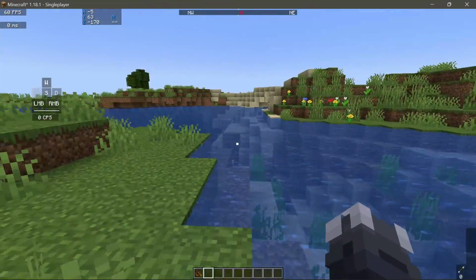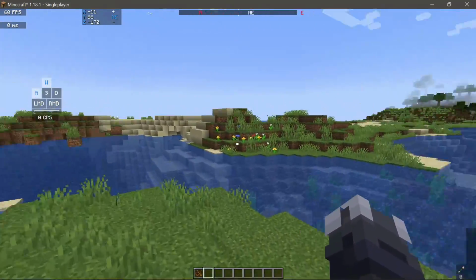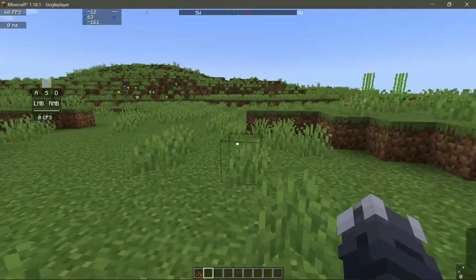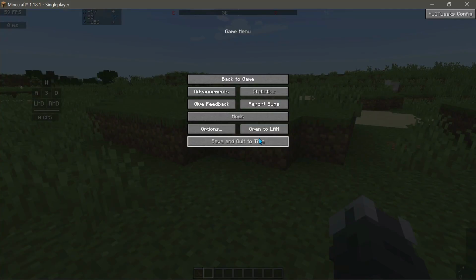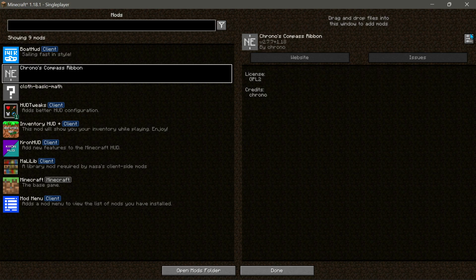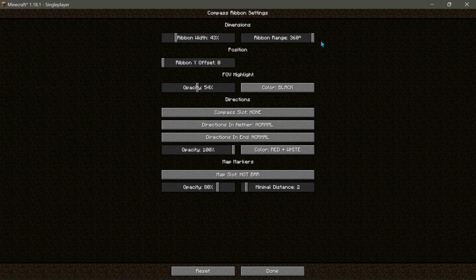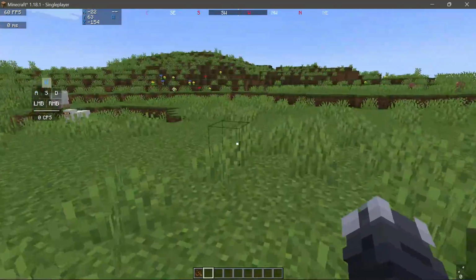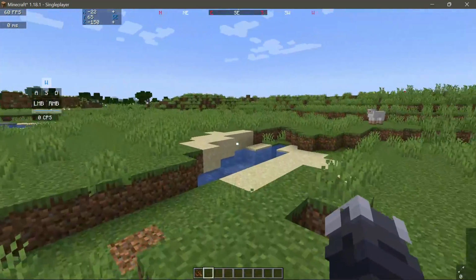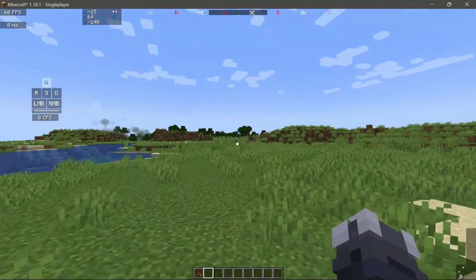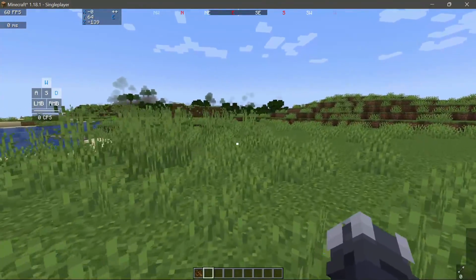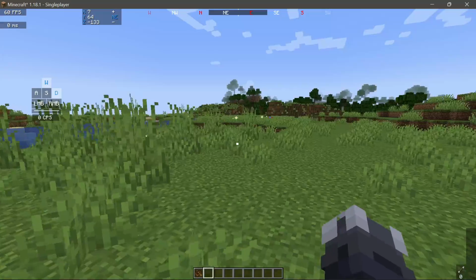As you guys can see, we have a red and white type color there, where the north, east, south and west are in red, and all of the other directions are in white. Let me go back into the configure section here, and let's make the ribbon range much wider. As you guys can see, we can now see more information on the Chronos Compass Ribbon at the top over there. It is a really nice mod. I would recommend that you guys get this Chronos Compass Ribbon.